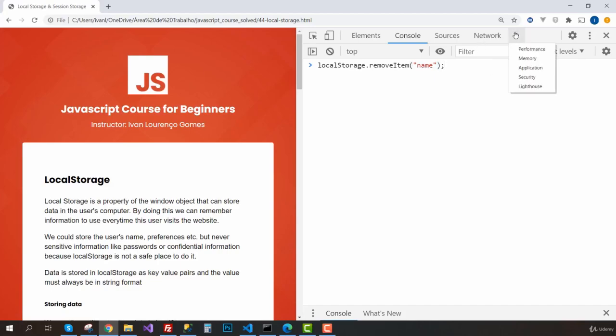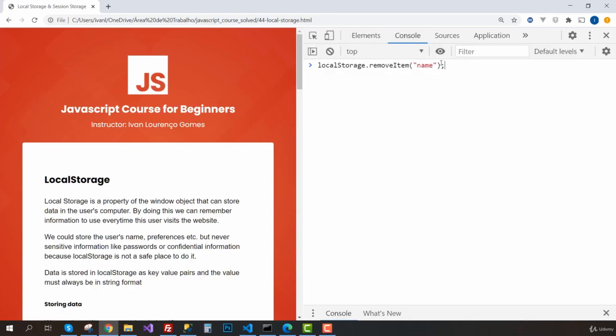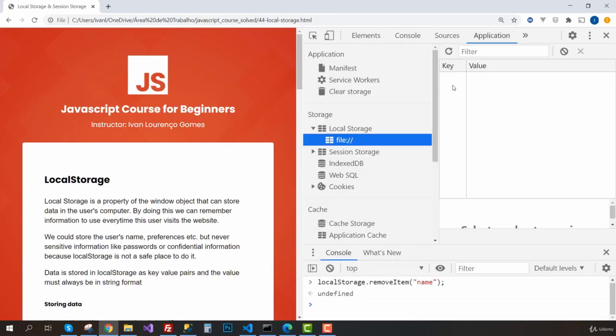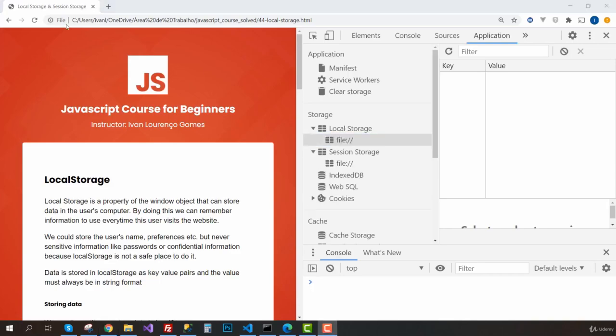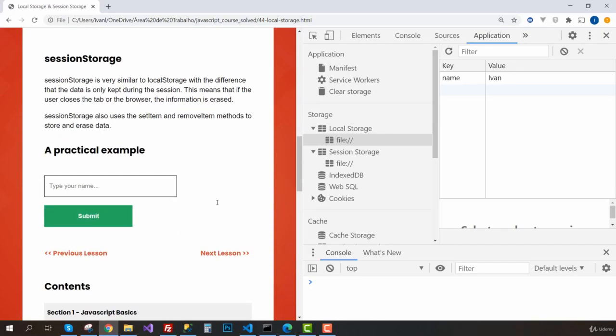So again, if we go to application, we can see that it's here. And if we run this removeItem method, we can go back there, and now the value is not here anymore. And I'm going to show you a situation in which you would want to clear the local storage from the code. Let me refresh the page so we have it back. And now let's move to sessionStorage, which is pretty much the same thing, but the difference is that in sessionStorage,